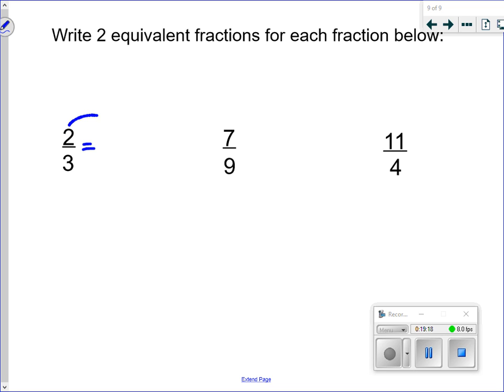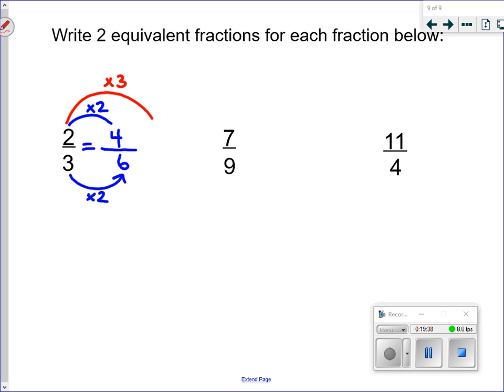Okay, so if I times by 2, I'd have 2 times 2, I'd have a 4 in the numerator. Do the same thing on the bottom, times by 2. 3 times 2 is 6. Okay, let's do it again. This time let's multiply by